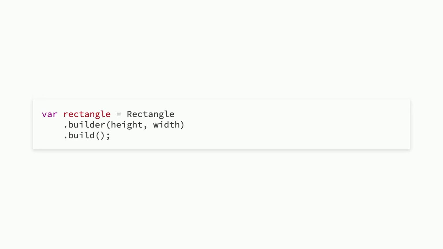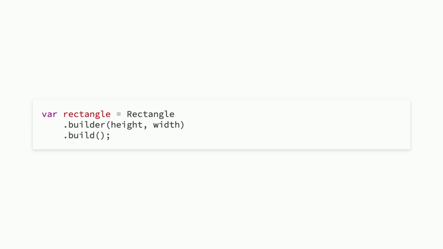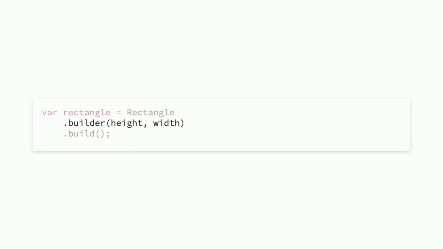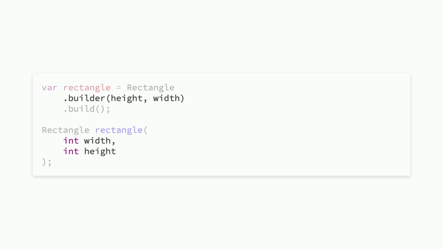But yet, another issue lies with required arguments that even builders can't fix. Can anyone spot the error here? It is a good time for water. So, no one noticed that when I defined this builder, the ordering of height and width was swapped? It should be width and height, not height and width. And in case you're wondering, I have seen this in a code base, so it is possible.